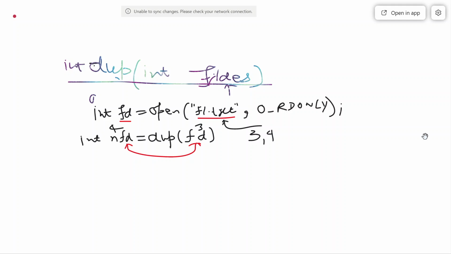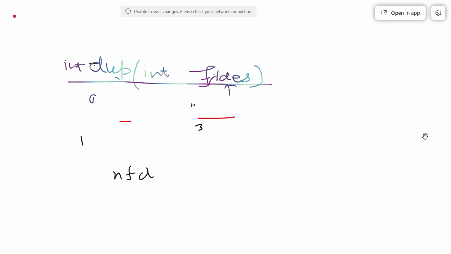Now let's say I am writing a new statement like nfd. Just erase all those things, it should not create any confusion. You already know that 0, 1 and 2 are by default the file descriptors for standard in, standard out and standard error. So in that context, let's say I write dup(1) and store it in nfd.